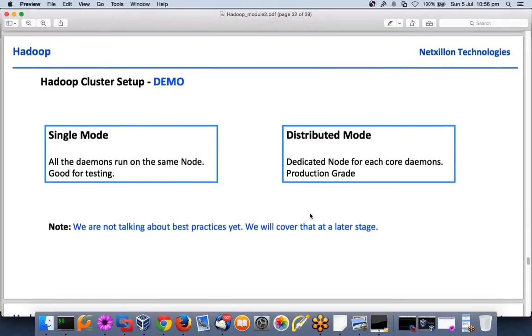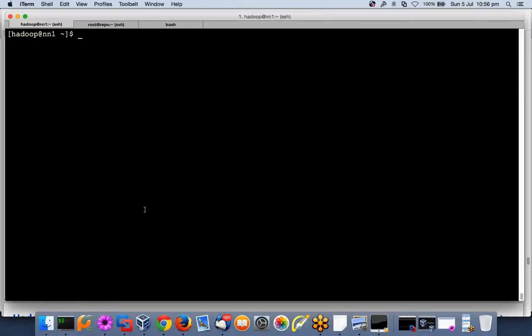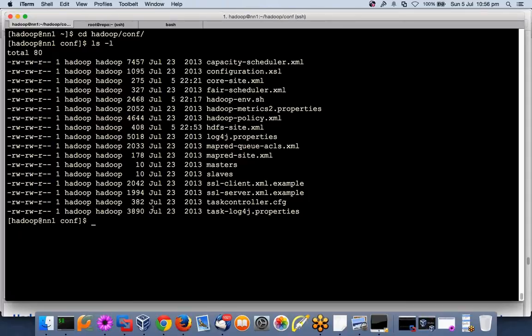So this is single mode. I have set up everything on the same node. So I can quickly start, cd hadoop config, a job tracker also. Now core-site and hdfs-site. These two files are for the storage layer. Name node, data node. Mapred-site is for